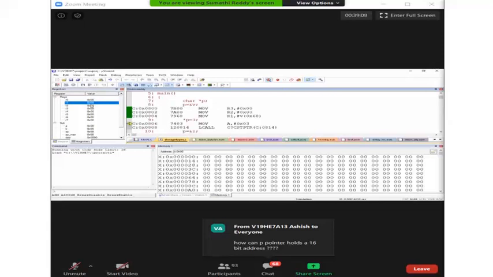See, R1 is 68, because it is only an 8-bit address, this is the lower byte. It is treated as a lower byte address. But our internal RAM address is only 1 byte. We don't have any higher byte, so the higher byte will be left untreated. It is 0.